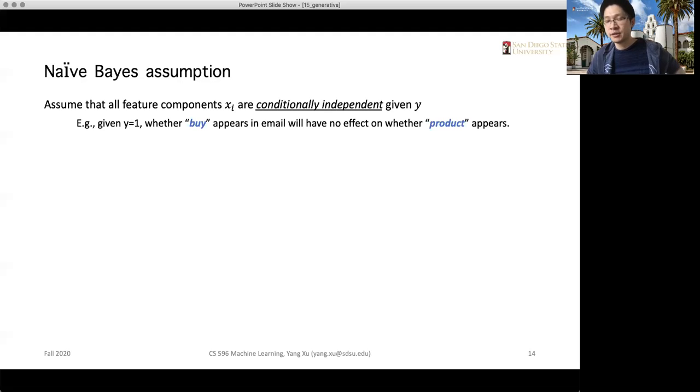Of course, this is a very simplistic assumption, which may not be correct, but it does save us